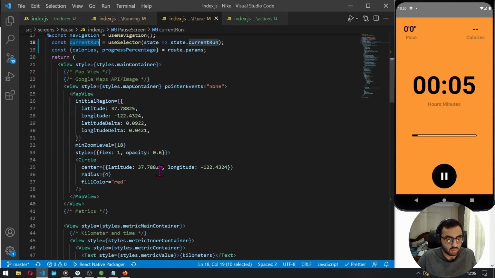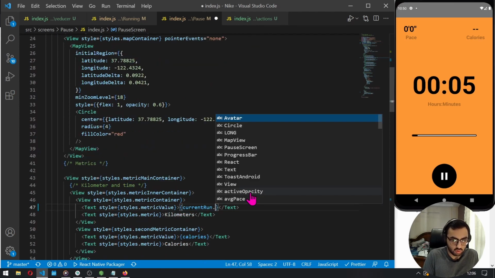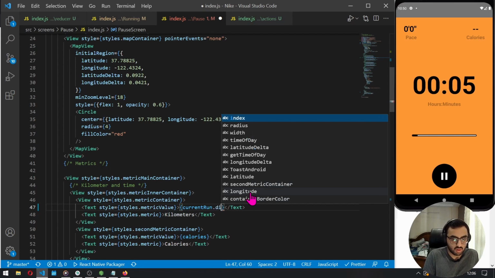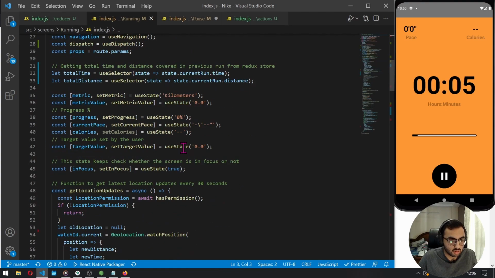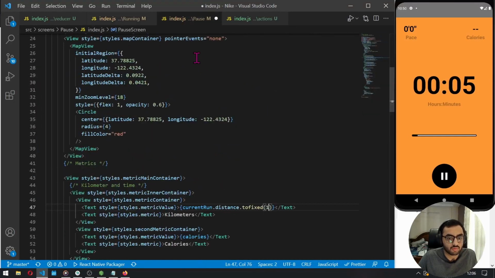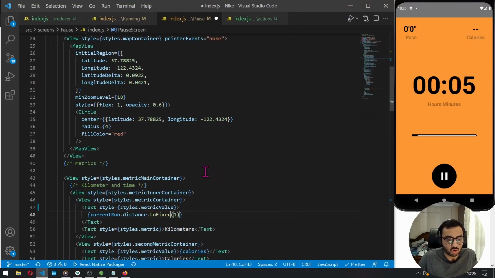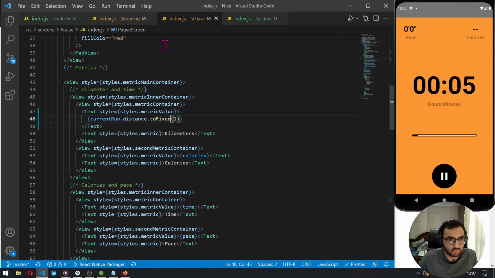So over here we can give kilometers from distance dot toFixed to be 1. I think this is the right one. I think, yeah, toFixed to be 1. Then we have not calculated calories, so for now. Next we have